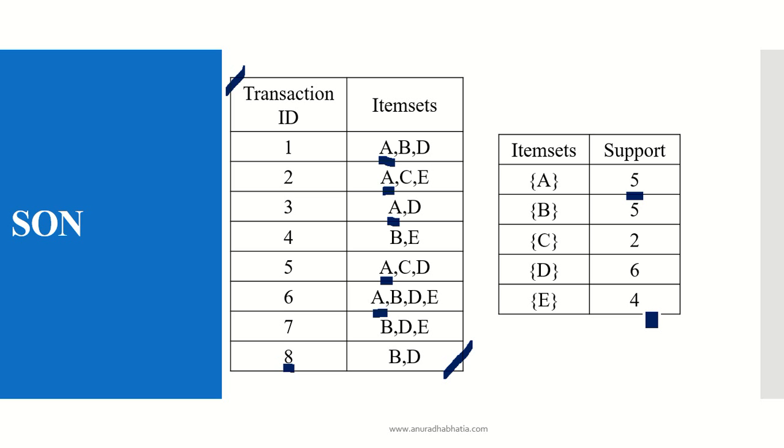Now for the SON, as you saw, the support is calculated to be 0.4. Threshold is support divided by number of chunks. The number of chunks are 1, 2, 3, 4 and this is my fifth chunk. So the threshold is 2 divided by 5, which is 0.4. So here I cannot reject any of my supports, so we'll take all the supports for the further candidate calculation.